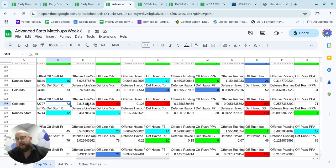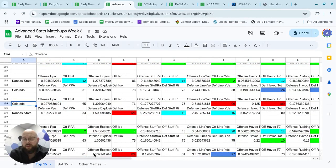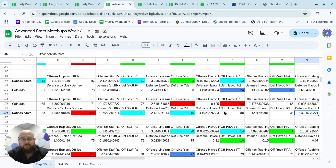Now, when we go to the opposite side of the ball, Colorado, there's not a lot of surprise here, right? 65th in overall efficiency. They are about average when it comes to explosiveness, and Kansas State really struggles at limiting explosiveness. But again, they are a trench team, 12th in stuff rate, 16th in defensive line yards. But one thing,